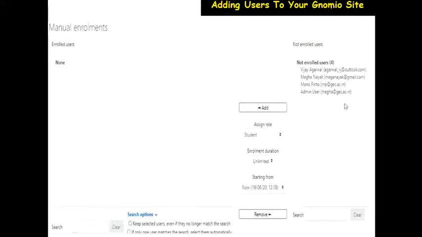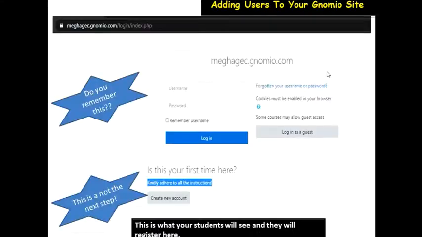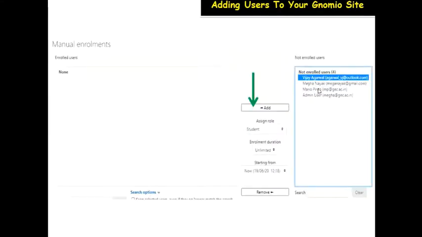So to enroll them now, you will have to click. You may not enroll all of them, you can enroll maybe only certain of them. So you click whoever you want to enroll. You click on the student whom you want to enroll, so click on this person and click on add. So once you click on add, the person will come up into the enrolled users. Then you come here and maybe assign a role. Obviously the role will be one of these.